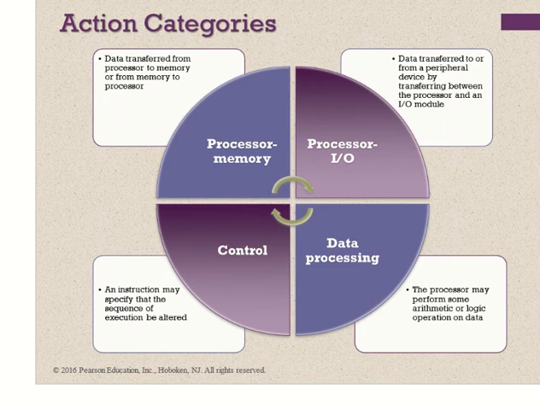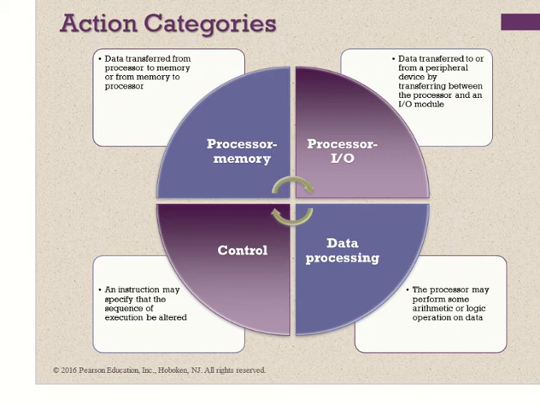Control. Control means an instruction may specify that the sequence of execution be altered. Like the processor may fetch an instruction from a location, which specifies the next instruction from another location, etc. Okay then. So the control may specify the sequence of the execution to be altered. Like it doesn't go in sequence, so it wants to change the execution sequence. Okay, fine. The control will tell you that.